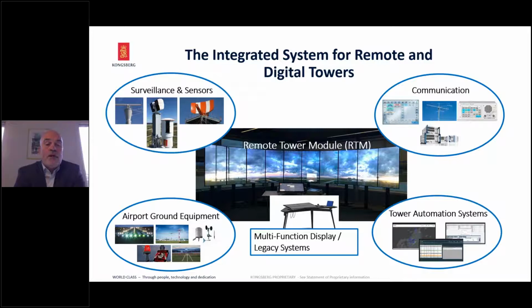The airport ground equipment like runway lighting, MET systems, crash alarms, ILS systems, and so on, or the CNS systems. Implementing them is something you have to do locally, or if you're operating remotely. And of course, also the level of tower automation systems. Could be surveillance displays, electronic flight strips, and so on. You don't have to replace everything. You can use your legacy systems. A good, sound architecture will enable you to implement your legacy systems and use them as is. So that's the judgment or assessment that you need to make